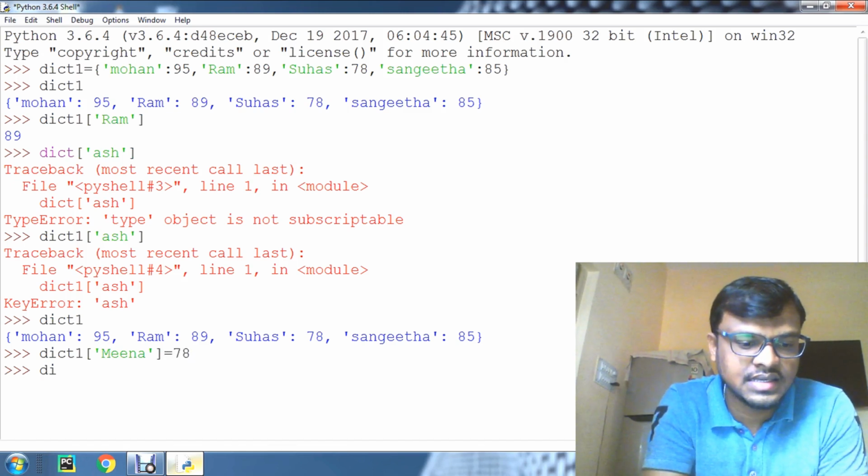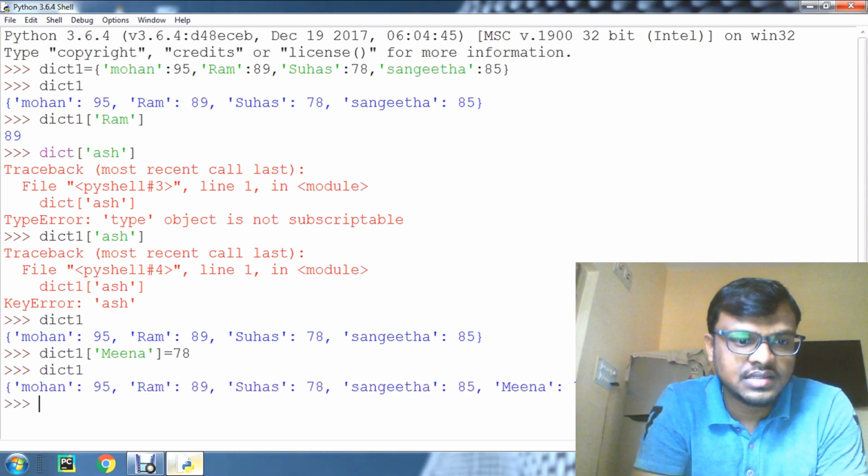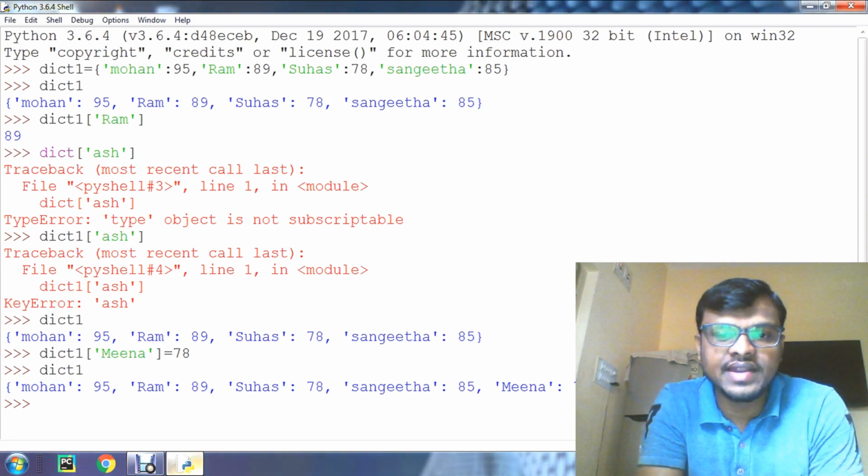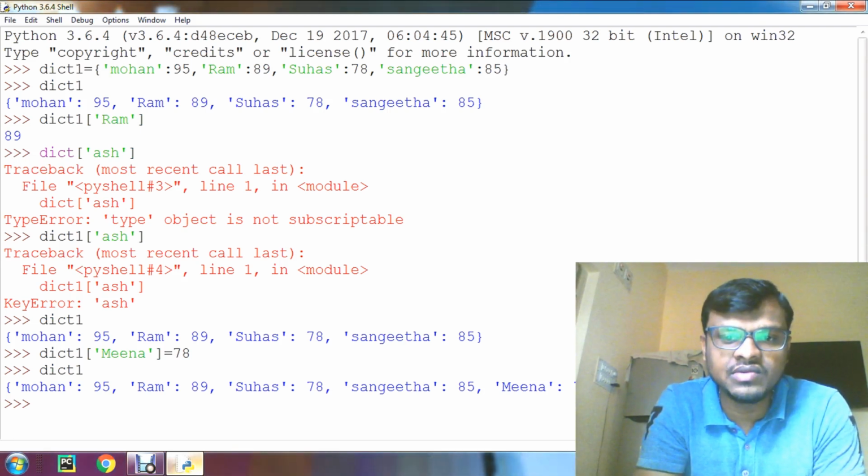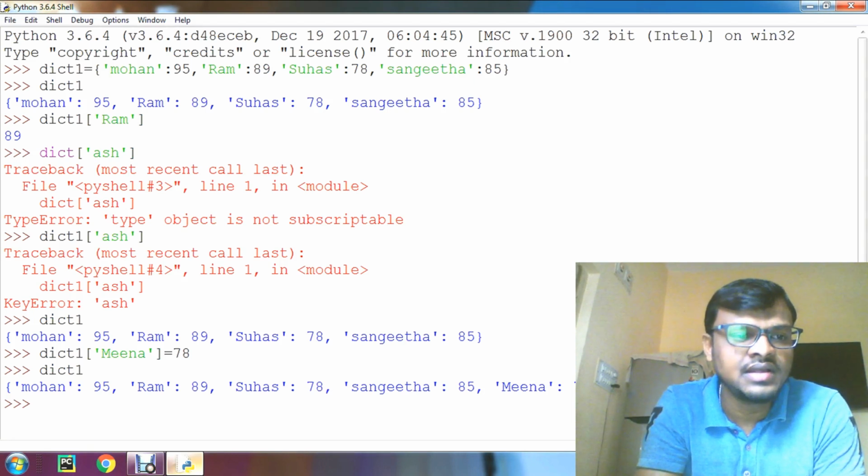So now it is created and added. Display dict1 now. Check here, it is appended. The Meena 78 key value pair is appended to the end of the dictionary.